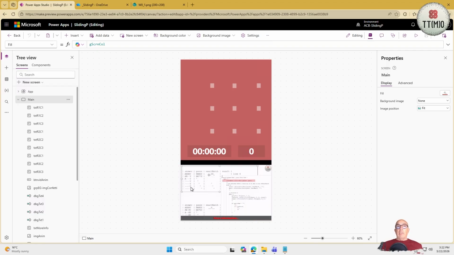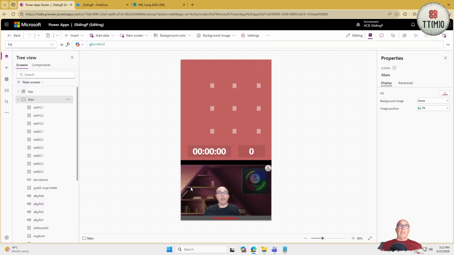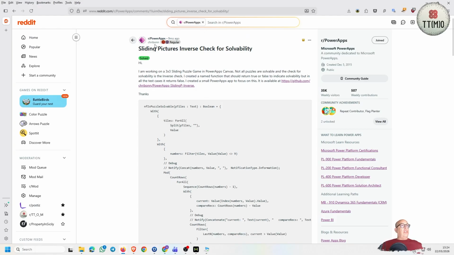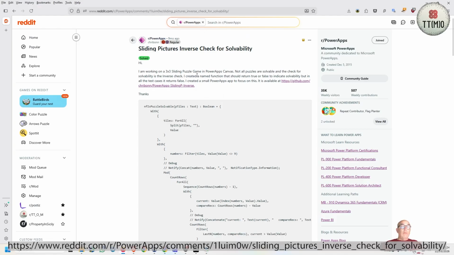For the constructs, it's a close cousin, but not identical, to Excel. Hopefully, or maybe someday in the future, as happened with Excel, there'll be a Python engine that allows maybe more functionality. Before I continue, I want to share my own posting from 9 months ago about the inverse check for